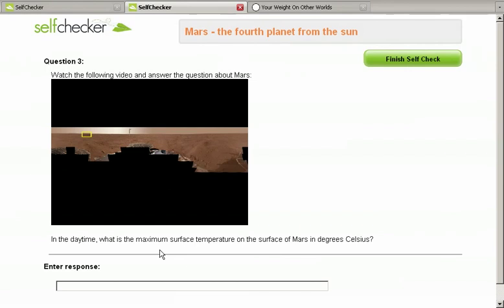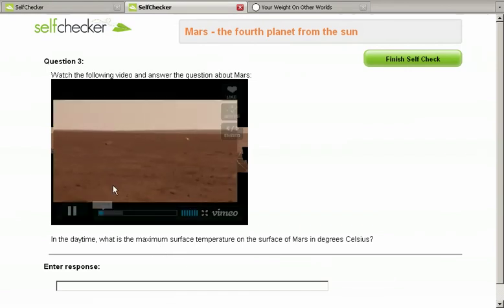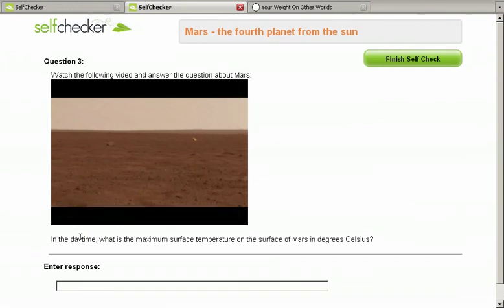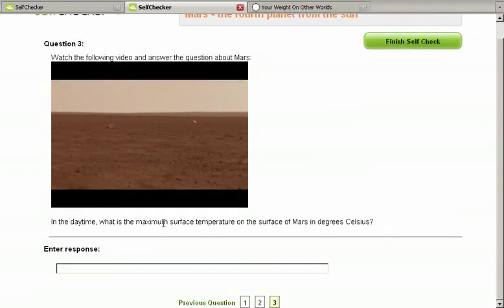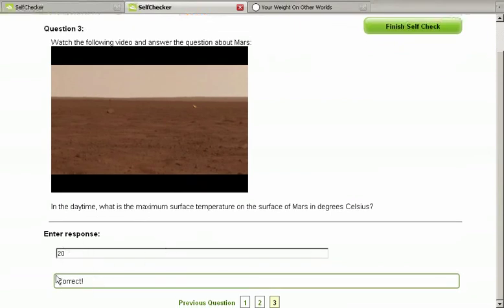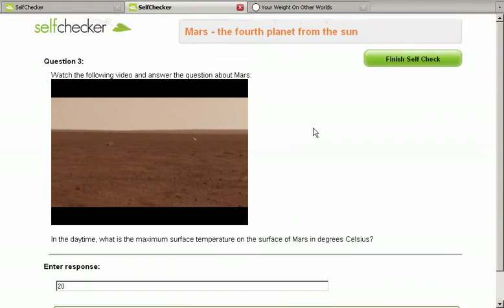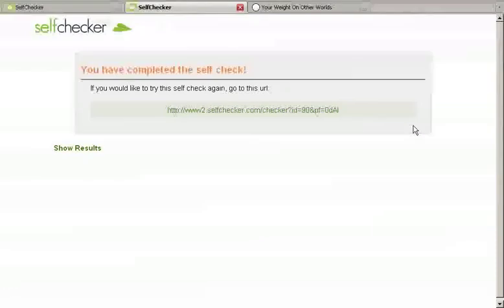I believe it was posted by NASA on a popular video sharing service. So if we go through and watch that video, what we'll end up finding is the daytime maximum surface temperature on the surface of Mars is about 20 degrees Celsius. So if I put in 20, and this is a numeric response style question, we find out we get that correct. Lastly, as a student, we'll finish the self-check, and we can either take it again,